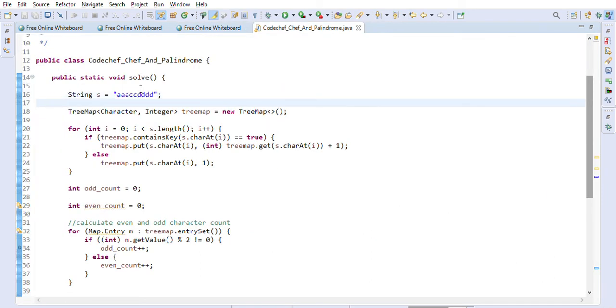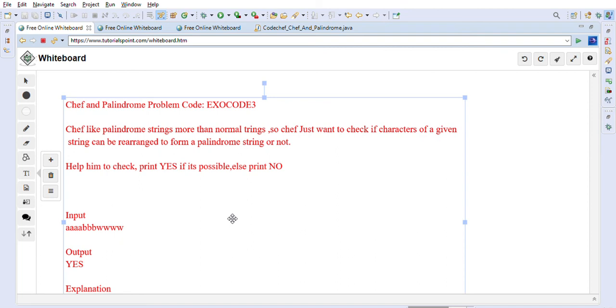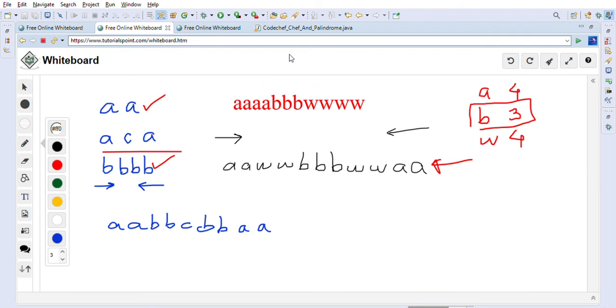So I think you are pretty clear on how we can solve these problems, checking whether a string can form a palindrome, and I explained with a couple of examples how we are going to solve this problem. With the help of a frequency map, we will calculate frequency and check the odd characters. If only one odd character is there, then we can form a palindrome. If more than one odd character is there, we cannot form a palindrome from that.